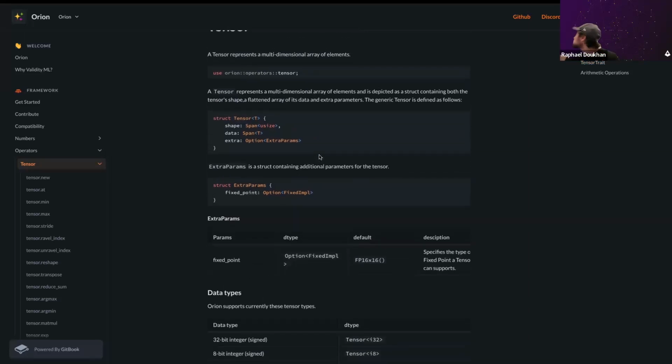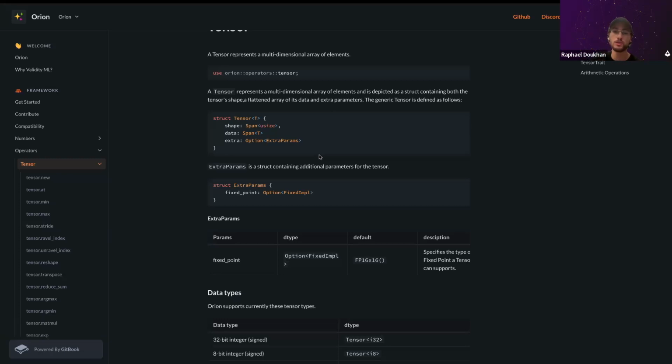We implemented it as a struct with the shape, the data as a flat array, and extra parameters. What is the extra parameter? It's a parameter for a context. For the moment it is the fixed point, because even if you have quantized tensors, for some intermediary calculations like a softmax, we can use a fixed point. So it's a context that you give to the tensor: if we have intermediary calculations with fixed point, use that implementation.